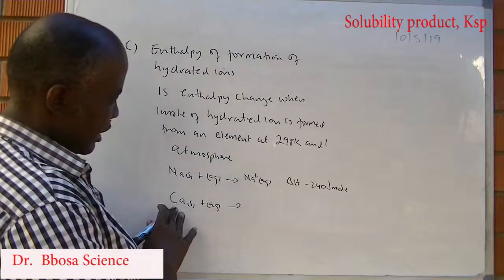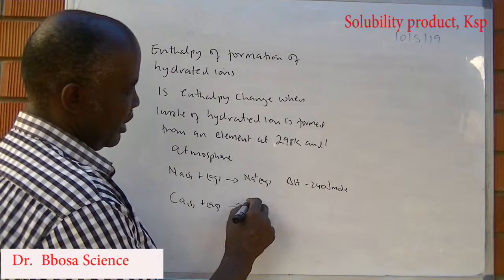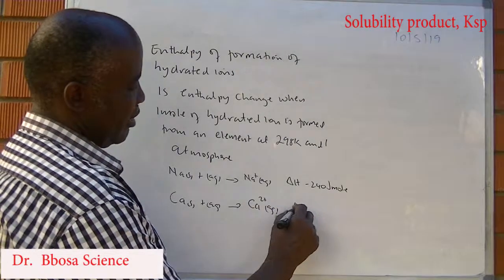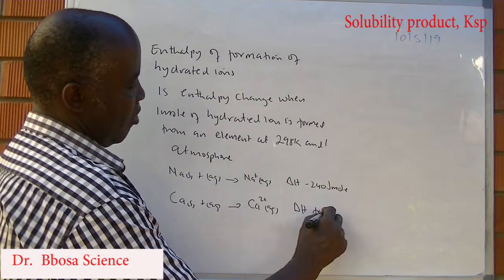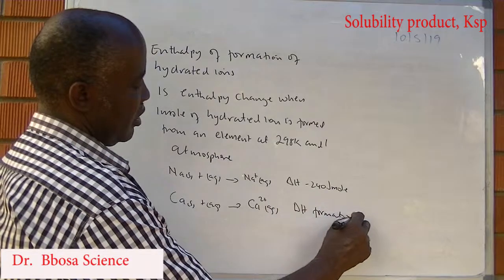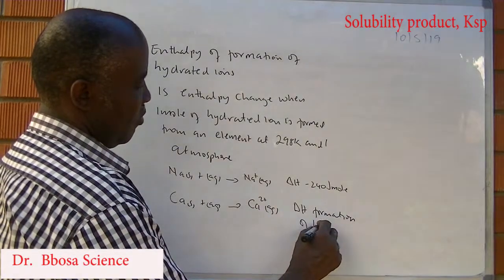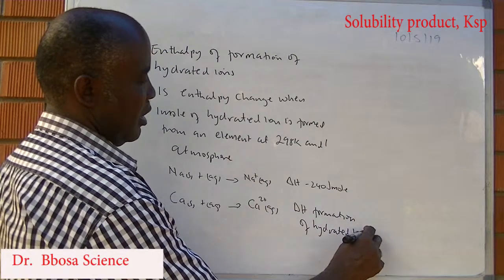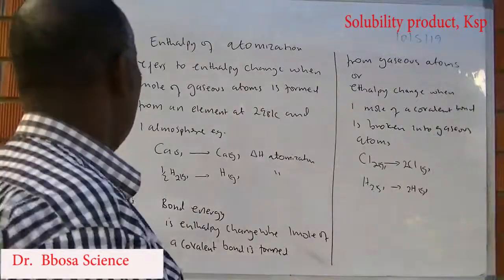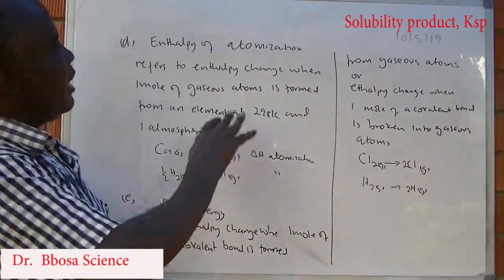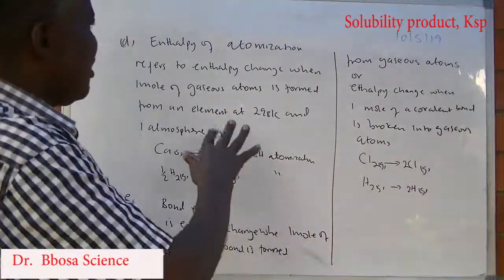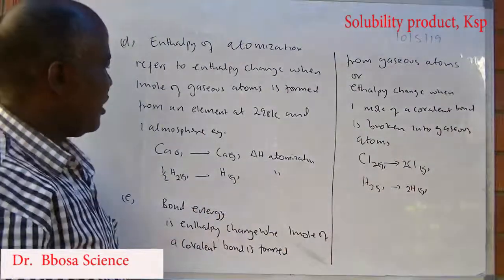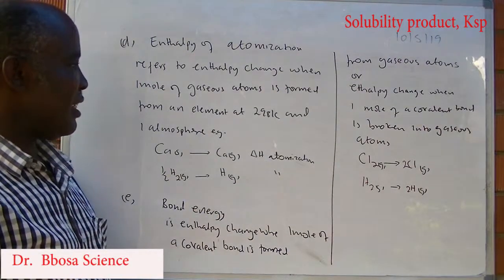Similarly, calcium solid plus aqueous, you get calcium 2 plus aqueous, delta H is the enthalpy of formation of hydrated ions. D, enthalpy of atomization, refers to the enthalpy change when 1 mole of gaseous atom is formed from an element